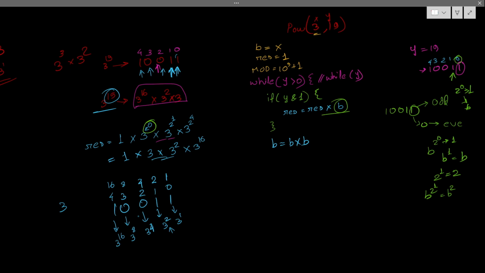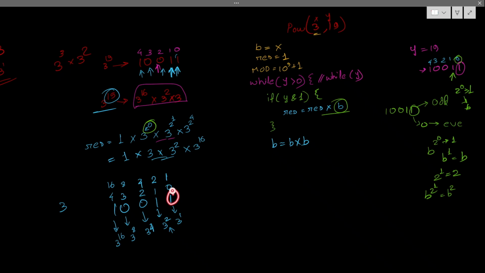And these are all the places: from the 0th place, it means 2 to the power 1, 1 plus 3 square. Second place 2 to the power 4. In this place 2 to the power 3, that means 8, and this is 2 to the power 16. But which 3's are contributing? Only those which have the one. Whatever zeros are there, these are not contributing. Right? Now, instead of calculating this square and this kind of more complex thing,